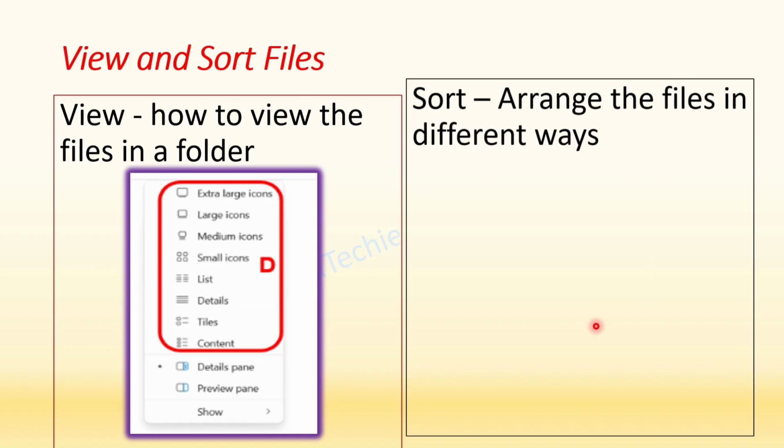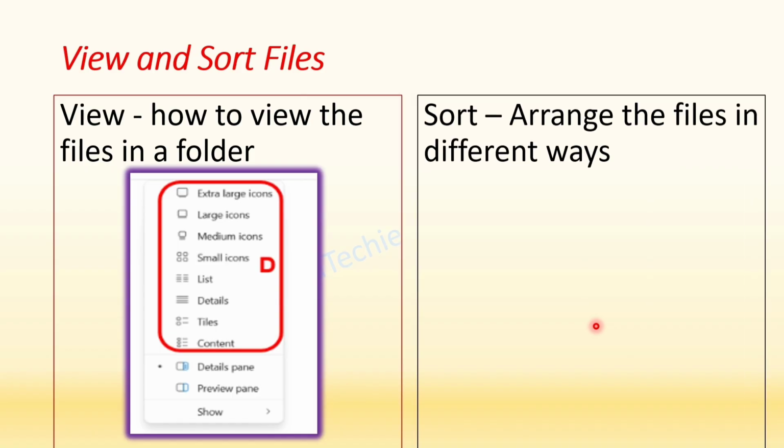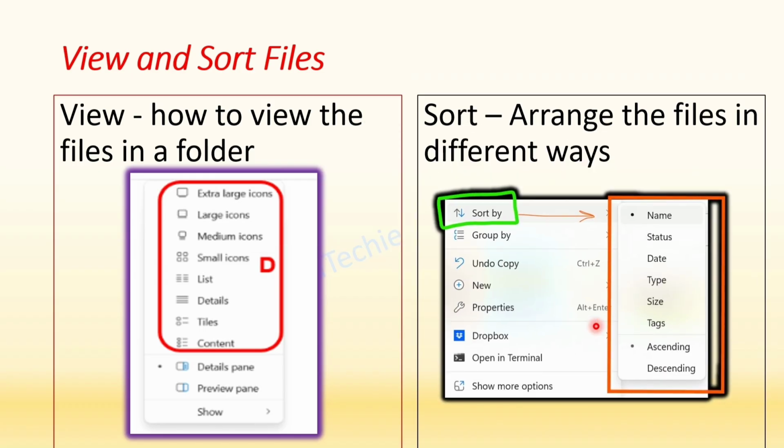What about sort? Sort is nothing but how you want to sort the files for your ease. At the same place you will have the option Sort by. It gives you a few options like sort by name, date, type, size, and of course how you want to see it, in ascending or descending order. All right,